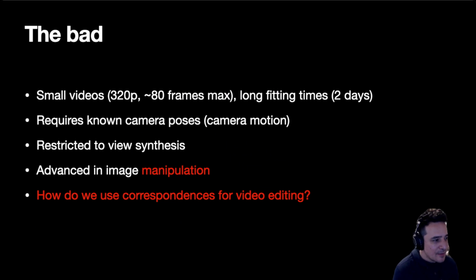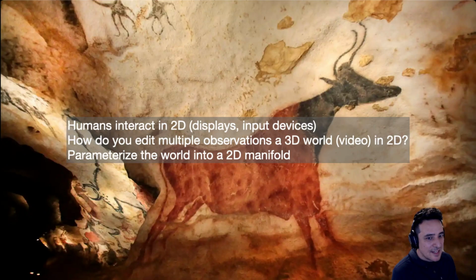And I know that there are a lot of papers on view synthesis, but I feel like view synthesis is a little bit of a boring topic. People show it because it's kind of easy. We can generate results because we can train based on held-out views, which is nice. But this workshop is about image manipulation, so we'd like to do more than just view synthesis. So how do we use these kinds of correspondences to do video editing, actually more creative tasks? And that's the next project I'm going to talk about.